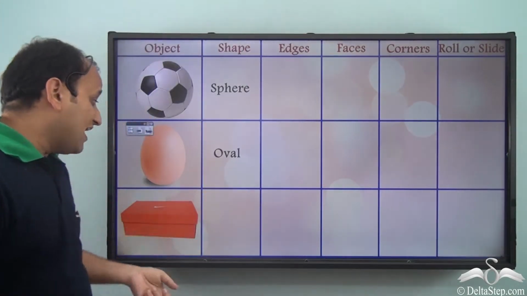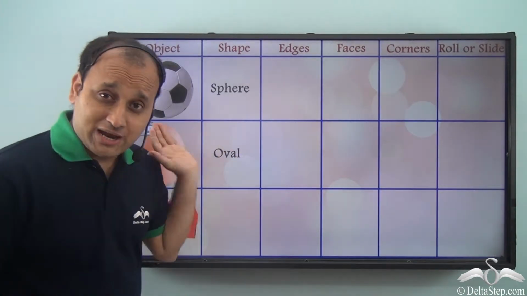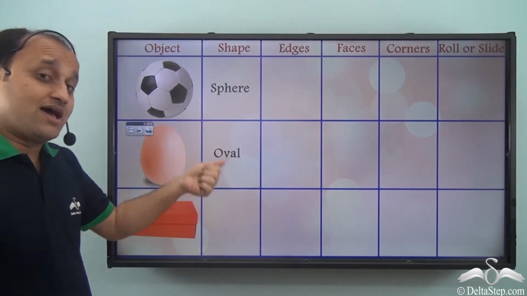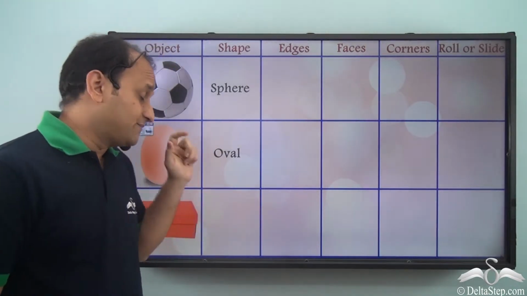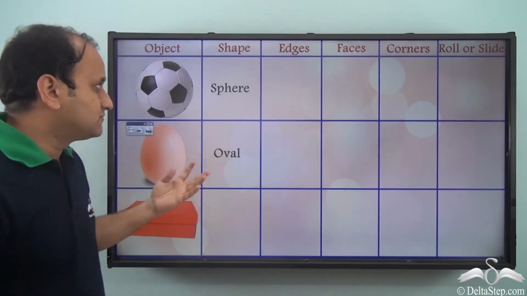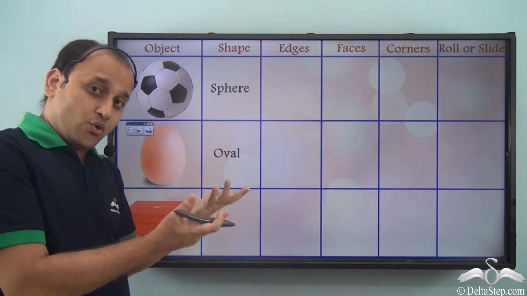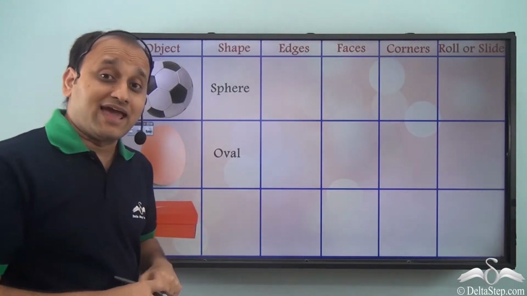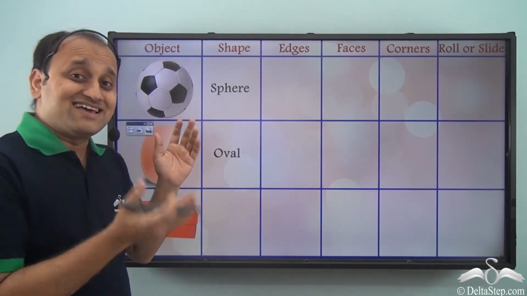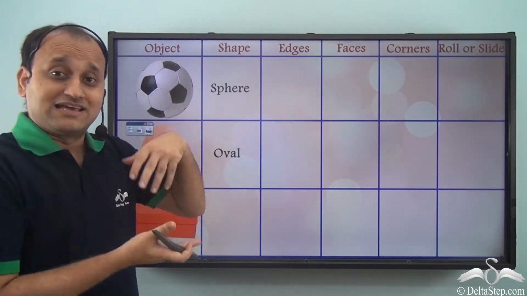Now next we have an egg. Now egg is oval in shape, isn't it? It resembles the oval shape in geometry. So let's discuss its characteristics. How many edges do we see in the case of an oval or an egg? Again, it's roundish. Wherever you see, you have a curved surface, isn't it?